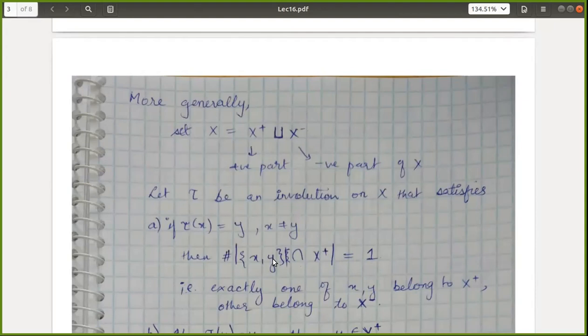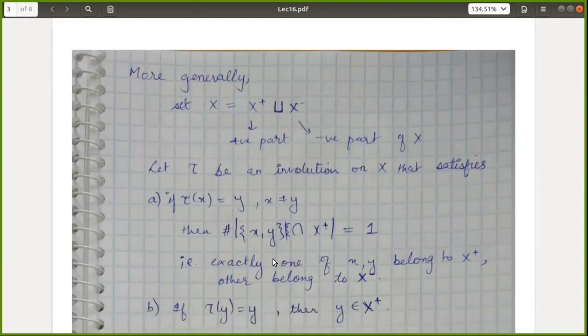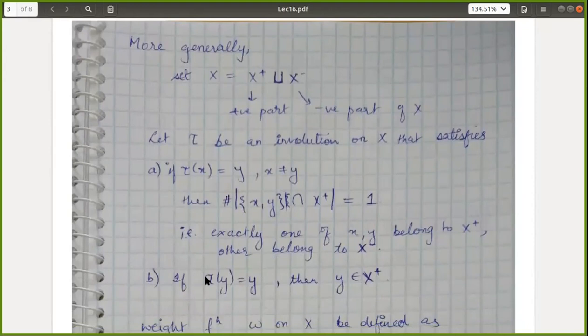Okay? Yes. And if tau of y is y, which means tau has a fixed point, then it is necessarily in X plus. So these are the two properties that you demand some involution to satisfy. Okay, so these were the properties which were being satisfied earlier in our setup,